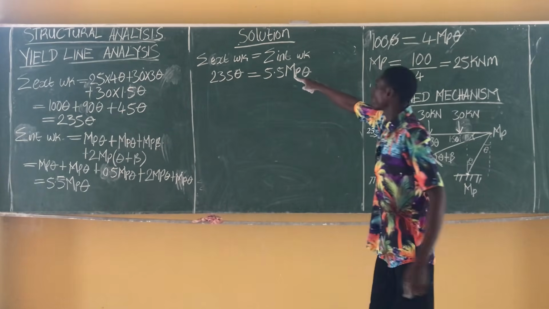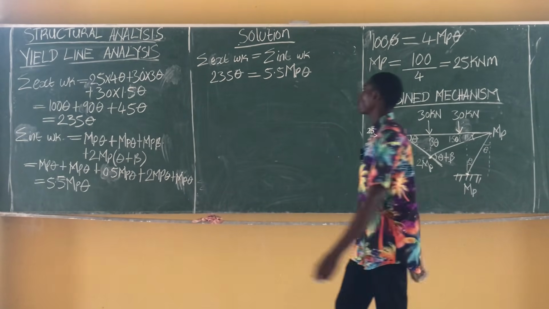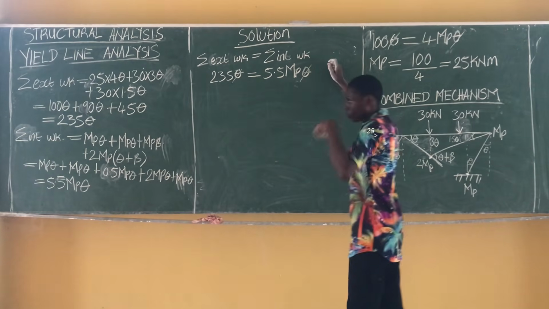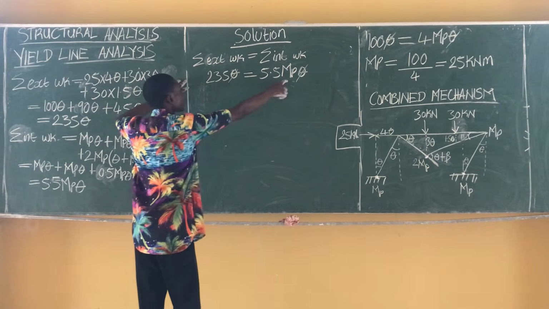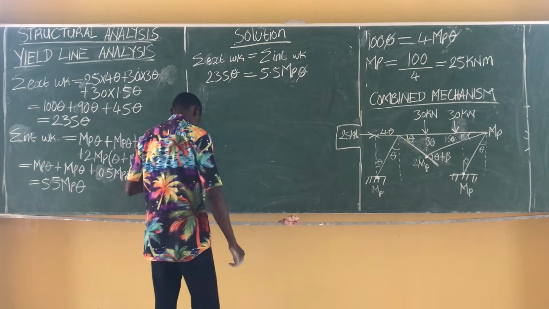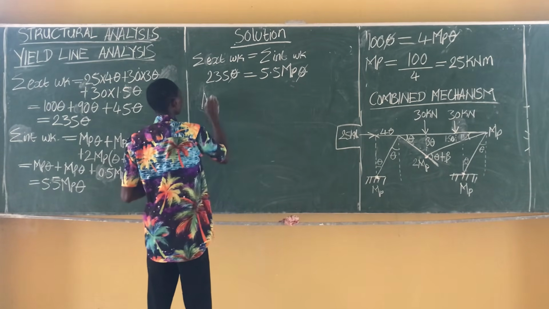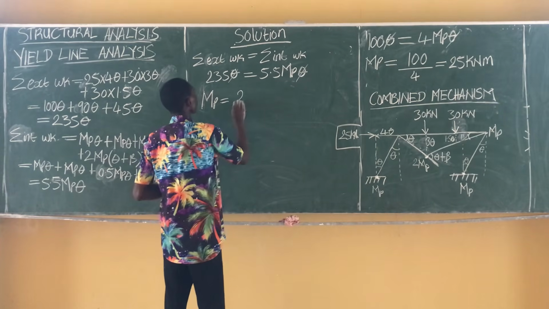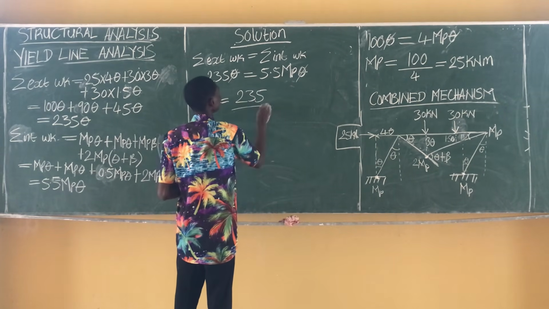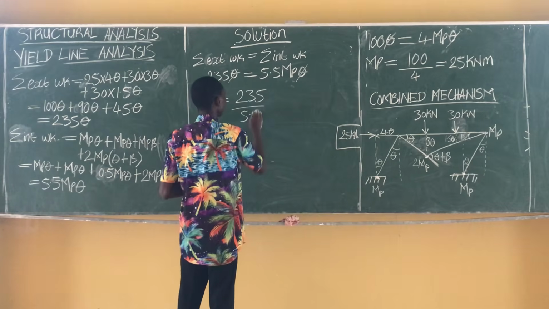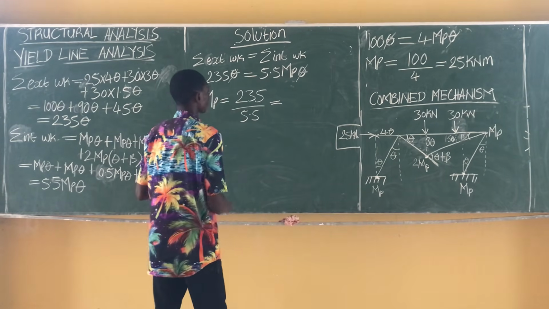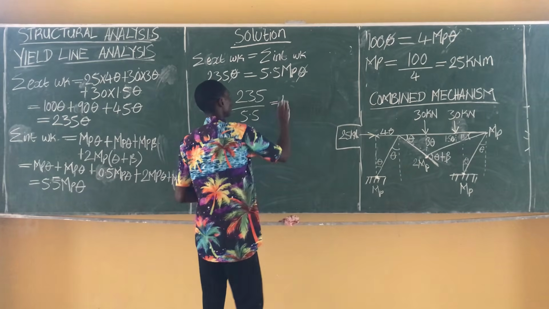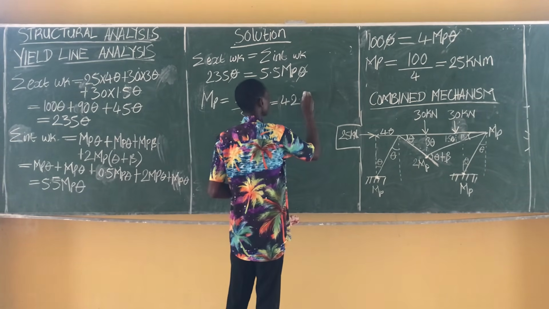So at this point, we make our MP, plastic moment, subject of the formula. This theta takes out this theta. So we have MP, our plastic moment, equal to 235 divided by 5.5. And that is equal to 42.73